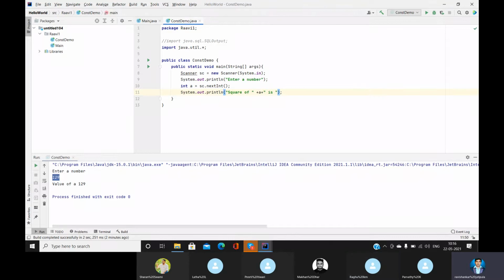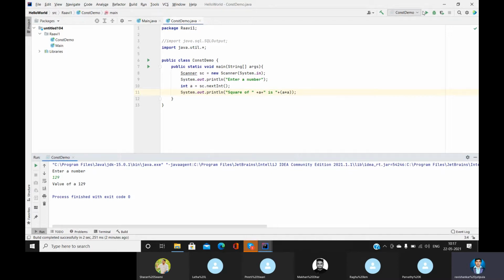Now you understand this. Whatever number we enter here, it is going to return the square of it.